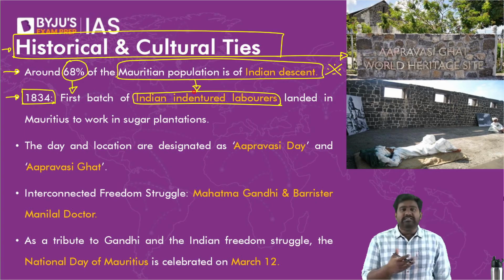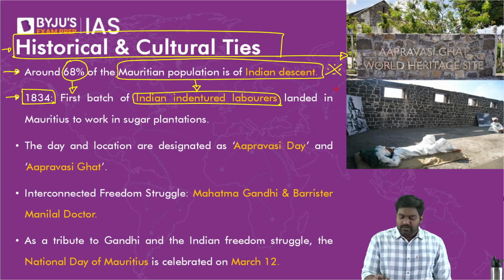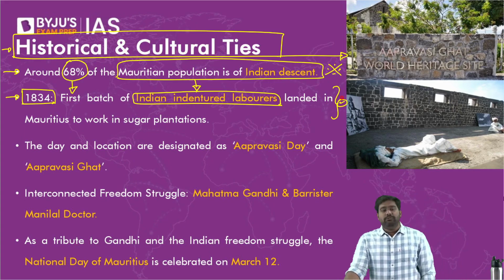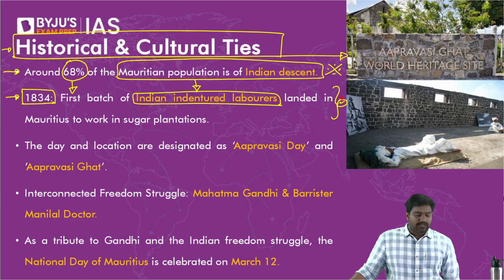So they found an easy solution in India. They would deceive many Indians and their families, dupe them. They would lie to them. They would sign contracts with them saying, we will give you a very good life. It's only for 5 years, right? You just have to shift to another country and we'll pay you very good salaries for 5 years and we'll bring you back. Or they would force some of them.